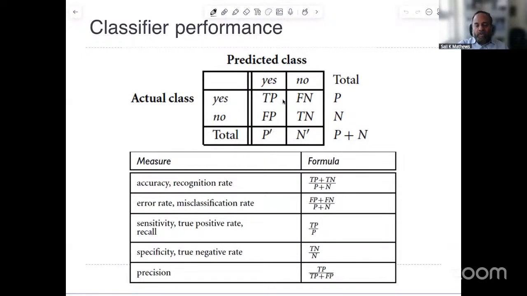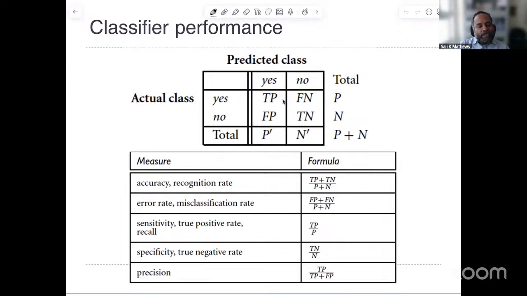For example, if you build a regression for prediction, then you can have a measure like the mean square error, which is a single measure, and you don't need anything else to assess the performance of the model. But in the case of a classifier, since you have multiple classes, and each of these classes are